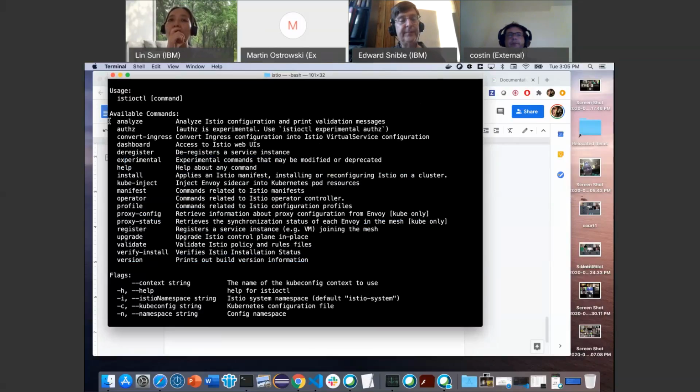Right. So I think that part I totally agree with. I think whether we put it under a new subcommand and then require istioctl admin versus having a separate binary, that part is pretty easy to implement. The main question is how do we decide which way to go? So why is it okay for Kubernetes to have kubeadm and kubectl and we are not? I mean, what's different between Kubernetes and us that makes us so much more? I don't think